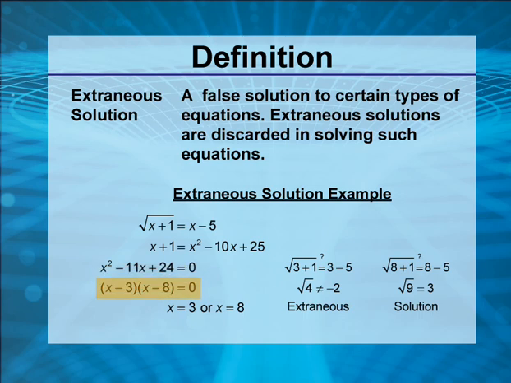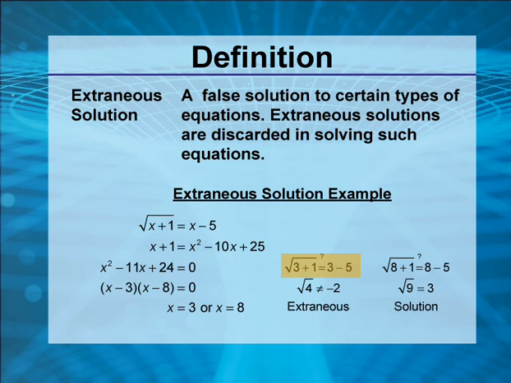x minus 8. Setting each of those linear factors equal to 0, we get solutions x equals 3 or x equals 8. Now we go back to the original equation and plug in these values for x. In the first case, we get the square root of the quantity 3 plus 1 equals 3 minus 5. Notice that the question mark over the equal sign is to indicate that we're testing to see if these two